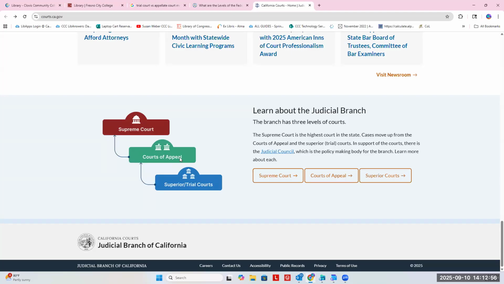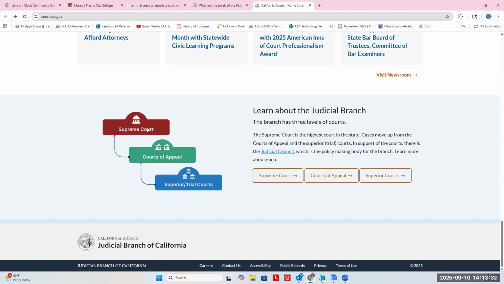Now, it can get a little bit more complicated than that. You may have heard about published opinions and unpublished opinions, what all of that means. I could teach a semester long class about how those opinions come into being, the voting system within the courts, who writes the opinions. We won't get into all of that today. What's really important for you to understand is judicial opinions are the decisions of either the appellate court or the Supreme Court within a jurisdiction. And those opinions form the law for that jurisdiction.